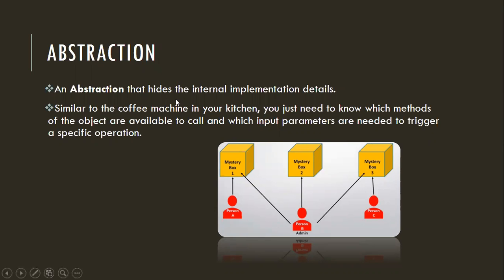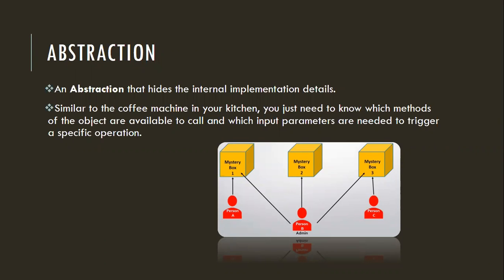So then abstraction කියලා කියන්නේ it hides internal important details. Then internally ඔයාට මොනවාද වෙන්න ඕන කියන එක ඔයාට දැනගන්න ඕනේද? No point of knowing it, isn't it? So internally it is like mixing all the mixtures and then it is adding sugar. All these things are happening inside the machine, but you won't be able to see that thing, isn't it? You will be just clicking on the button and then the output comes.